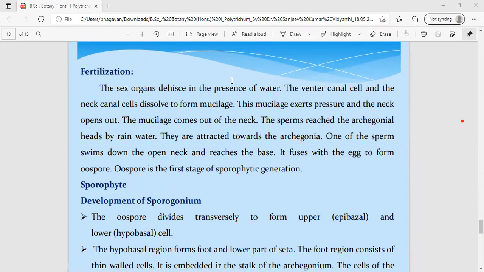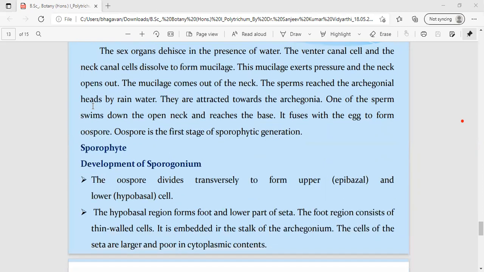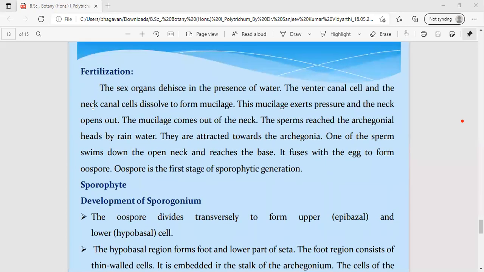At the time of fertilization, the antherozoids from the antheridia, which are biflagellate and spirally coiled, are released with the help of the paraphyses, and with the help of water they reach the female gametophyte, enter into the archegonia and fuse with the egg present in the venter, getting transformed into the oospore, or the zygote, which is called fertilization. With this, up to the end of the zygote, the gametophytic generation is completed.